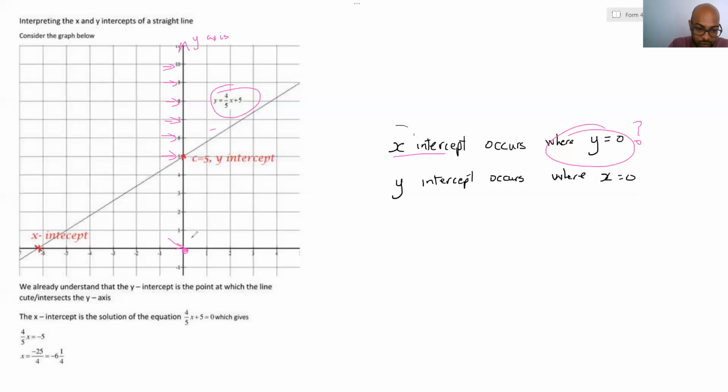This is where y is equal to 0. And I want you to look left to right. When that happens, you're looking for the point at which the line is actually cutting the x-axis, because the x-axis is where y is equal to 0. I remember my maths teacher used to make us write, when we have to label the axis, x-axis and next to it with a semicolon, y is equal to 0. And for the y-axis, next to it we will always write x is equal to 0. And that was to help us to remember